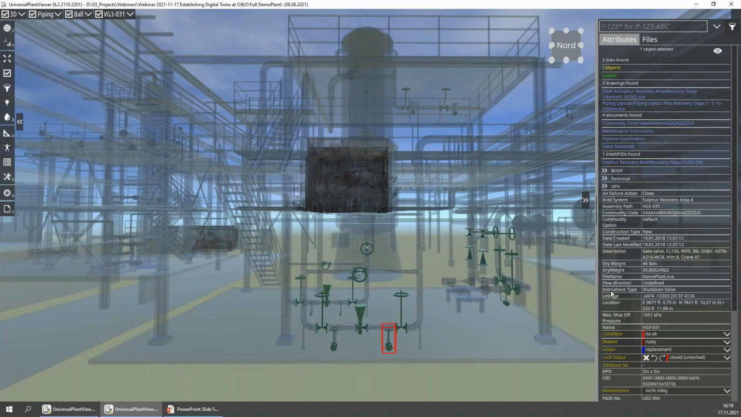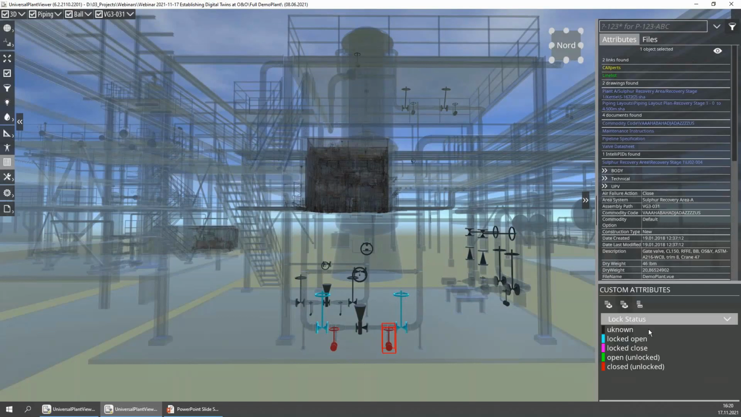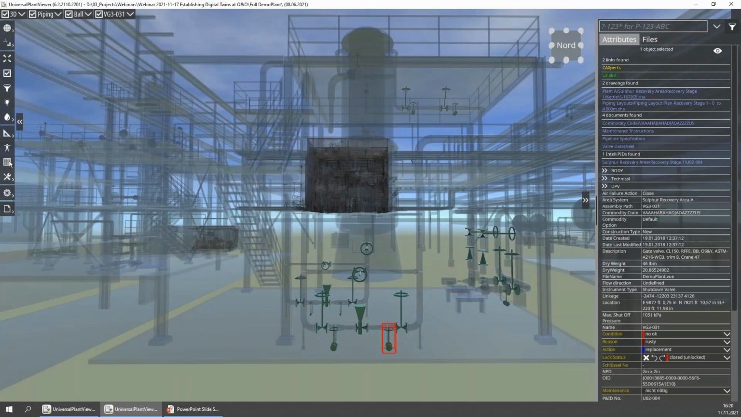Being able to also store this information in some files or visualize them by their lock status. So by double clicking here or actually opening our custom attributes panel to have the color legend and color key displayed in the system. Beyond that, let me go back to the normal view. Beyond that, we're also able